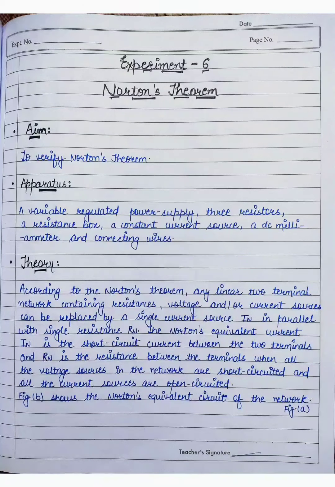Aim of the experiment: to verify Norton's theorem. Apparatus required: a variable regulated power supply, 3 resistors, a resistance box, a constant current source, a milliammeter and connecting wires. Theory: according to Norton's theorem,